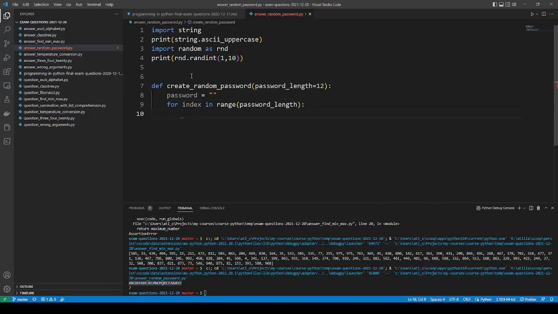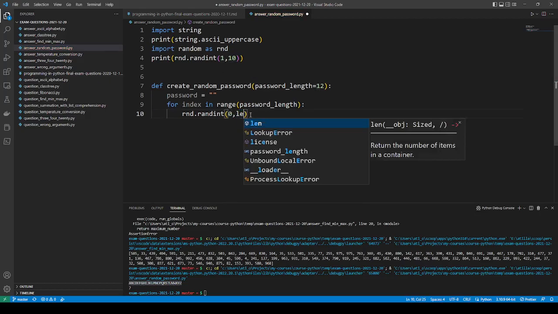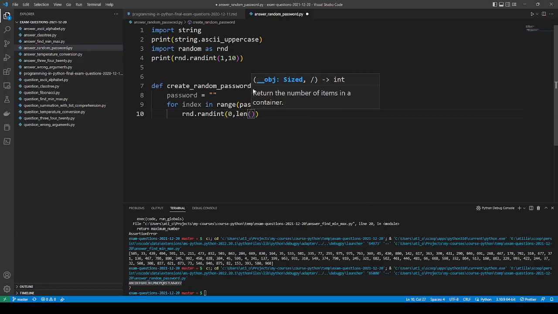Okay, I need to create a random number. Is this rand and random number good enough, and I can say that this is my number between, let's say, 0 to the length of this, what we are taking, this string of ASCII character uppercase,